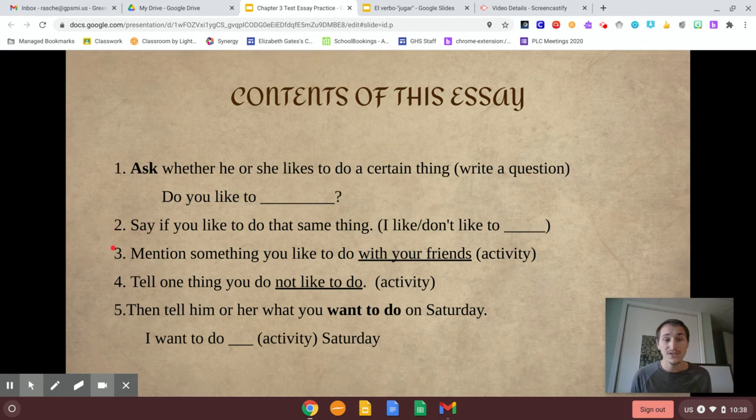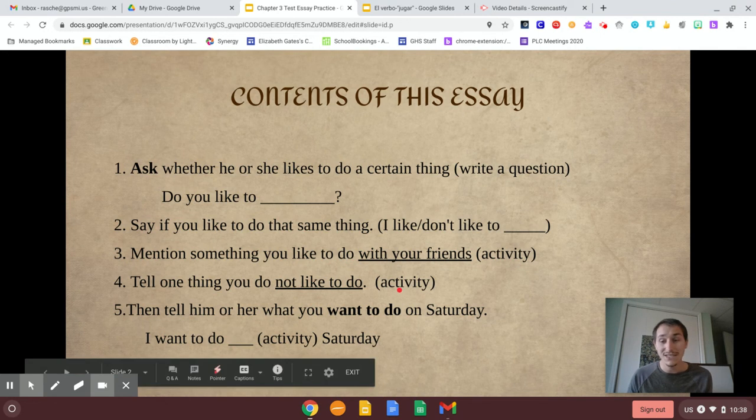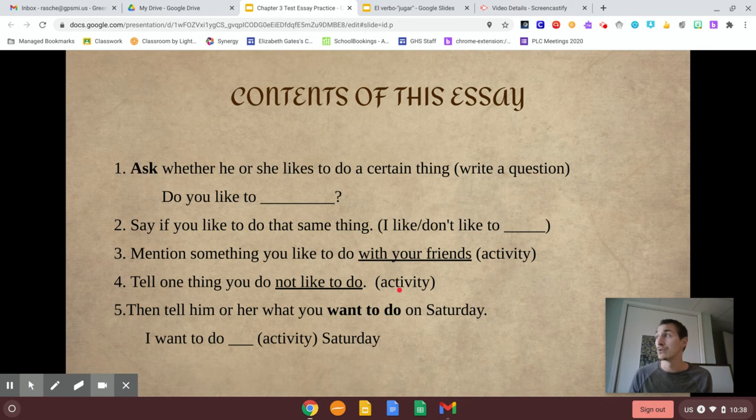Number three, mention something you like to do with your friends. Big emphasis on this with your friends. So maybe you say, I like to go out with my friends or with friends. I like to go out with friends. All right? You need to include the with friends part. Number four, tell one thing you do not like to do. Maybe you could say, I do not like to eat vegetables. I do not like to read. I do not like to